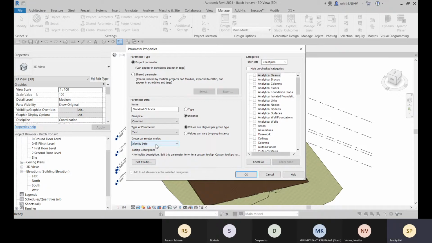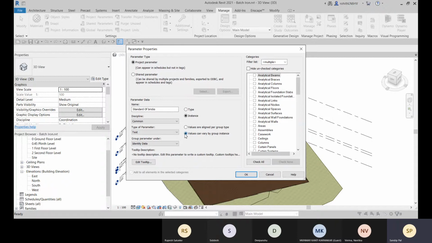So you can distinguish these are the data for the identity of this wall. Here you see that values are aligned per group type. Values can vary by group instance.